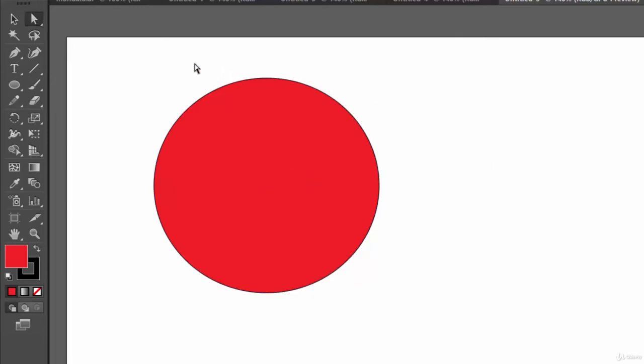Now let's marquee over one side of this rectangle. Sorry, this is not a rectangle, it's an ellipse. So after we have marqued over one side of this ellipse, we can see a few things going on here. One is we can see that the handles of this anchor point are showing, and one handle of this anchor point is showing and another handle of this anchor point is showing. Now you can work with these.